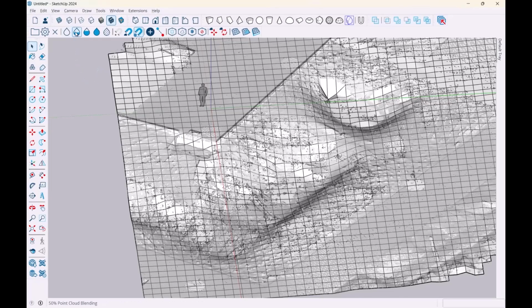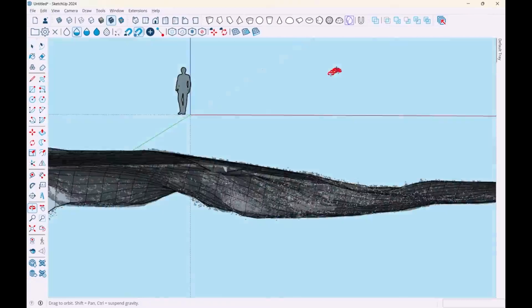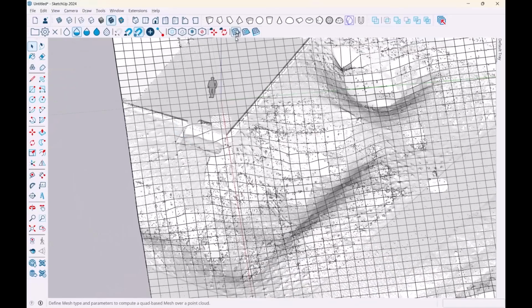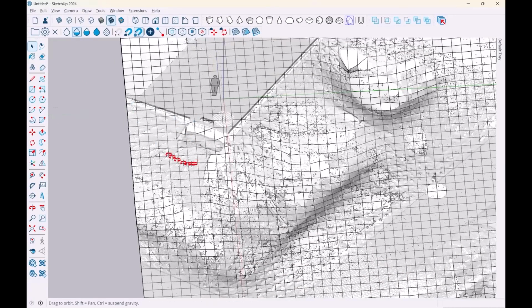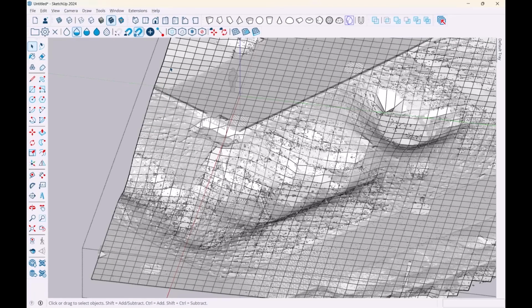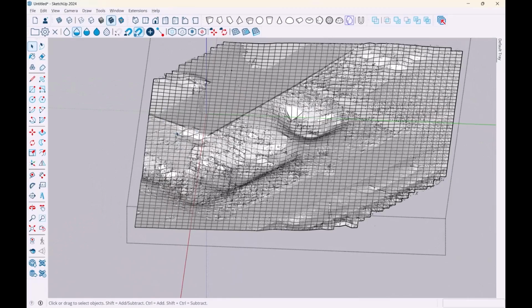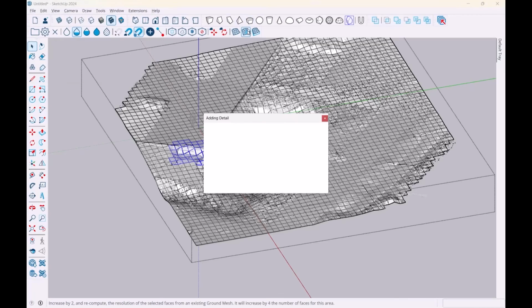So I'm going to turn on my point cloud so that I can see what I'm doing. You can kind of see it here, how that fits in there. And then I can experiment with the second tool. This one's called Add Detail. And in order to use that, I have to get into the point cloud, into the ground mesh, and you can just do that like any other SketchUp tool. You just double click it and you're in there. And then you're gonna need to highlight what you want to refine,